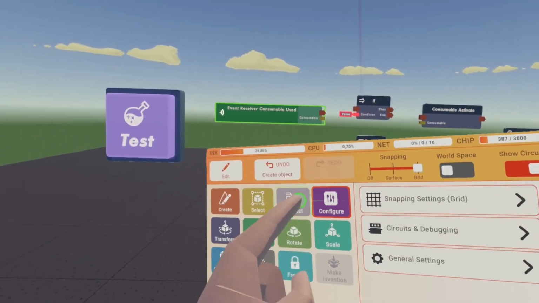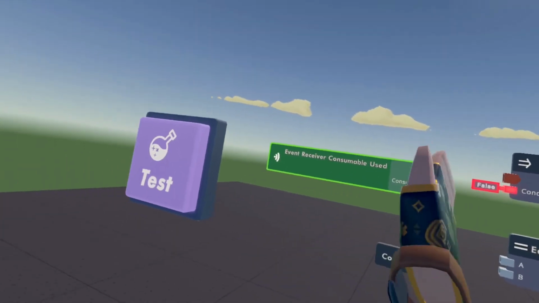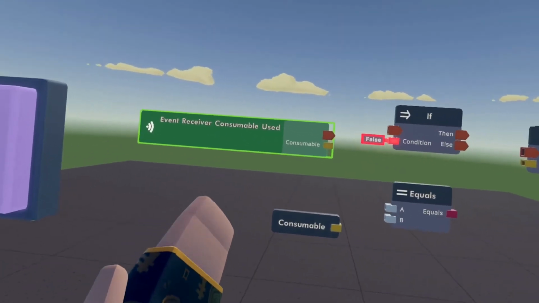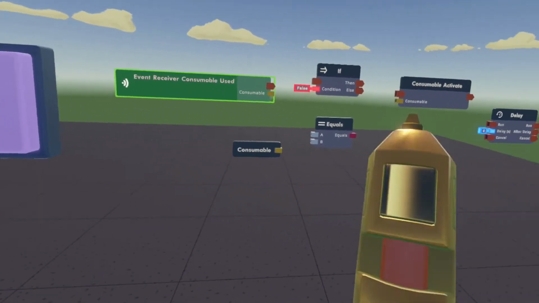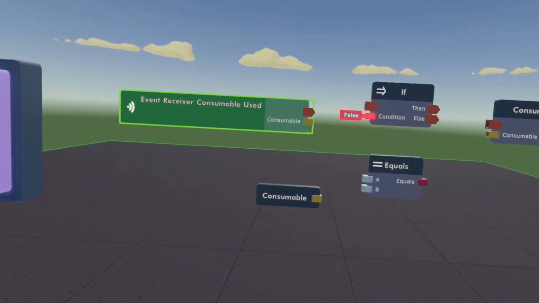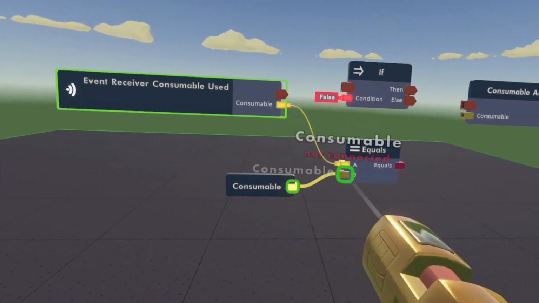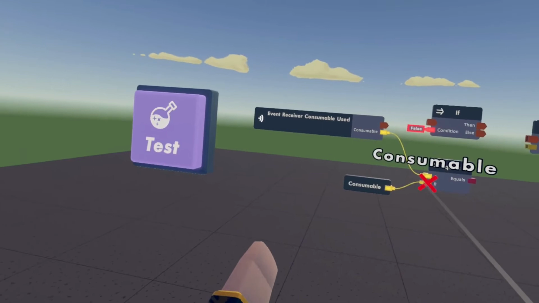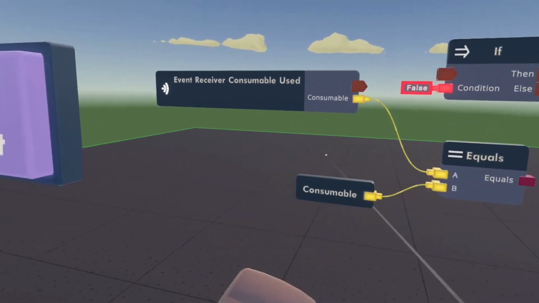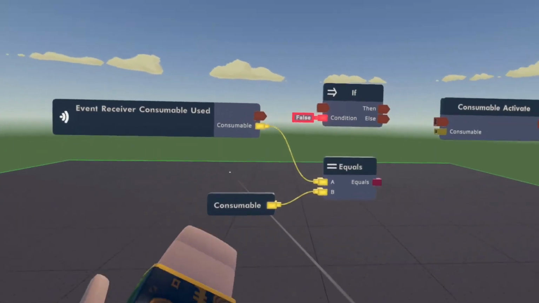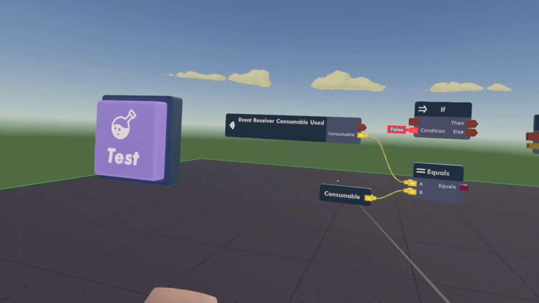Now, let's go over to our connect tool. The consumable used is going to send out the output when the consumable is used. It's going to give us the consumable that is used. So that's why we have our equals chip. We want to connect the consumable that's used to our constant consumable. What this does is it's going to check if the consumable that is being used is equal to our constant. You're going to need this when you have multiple consumables, so this event receiver is going to tell us which